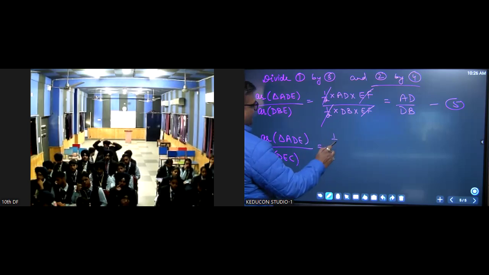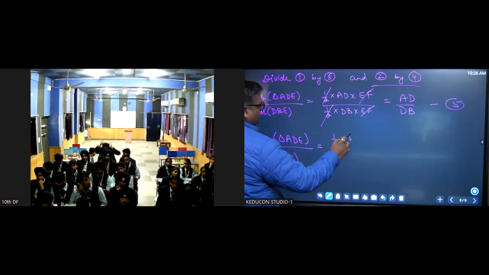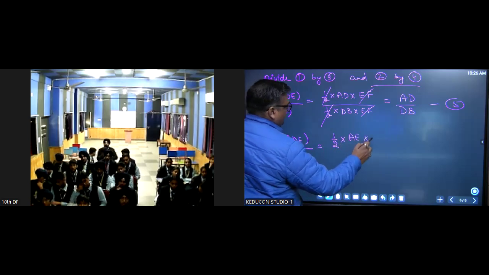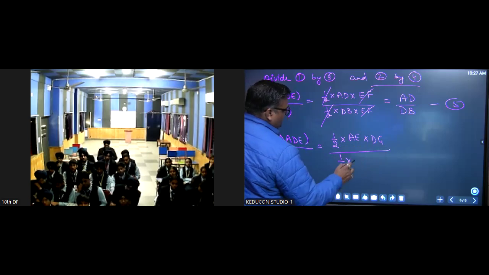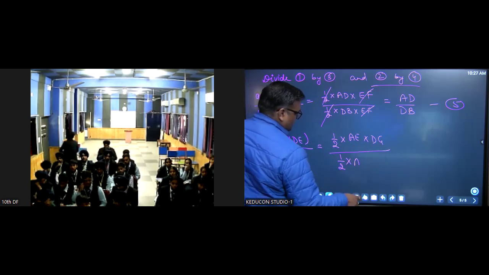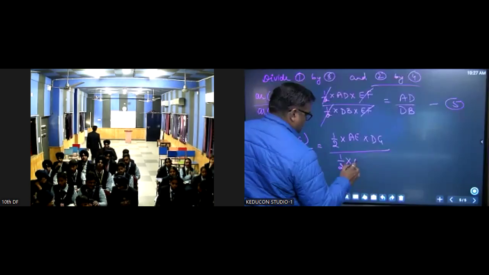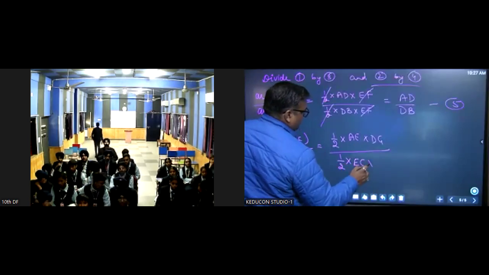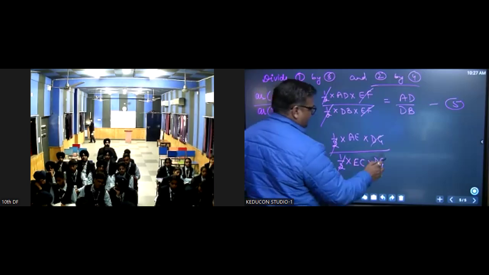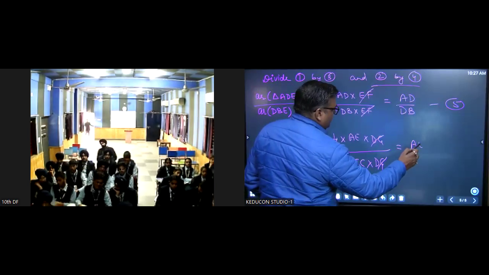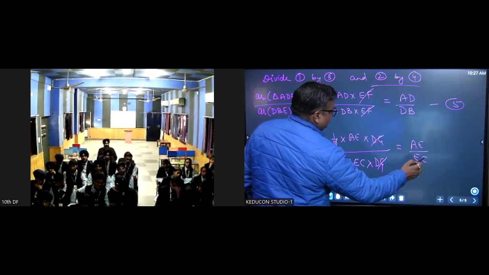And that will become half into AE into DG over half into EC into DJ. ठीक है बच्चों, हाफ से हाफ कैंसिल हो गया, डीजी से डीजे, we got AE by EC. Doubt,